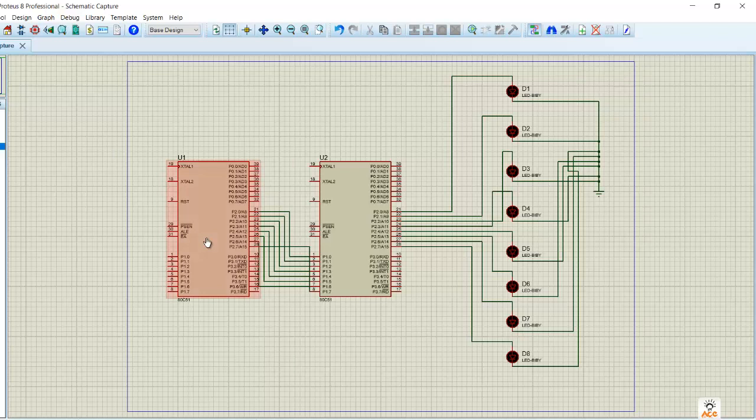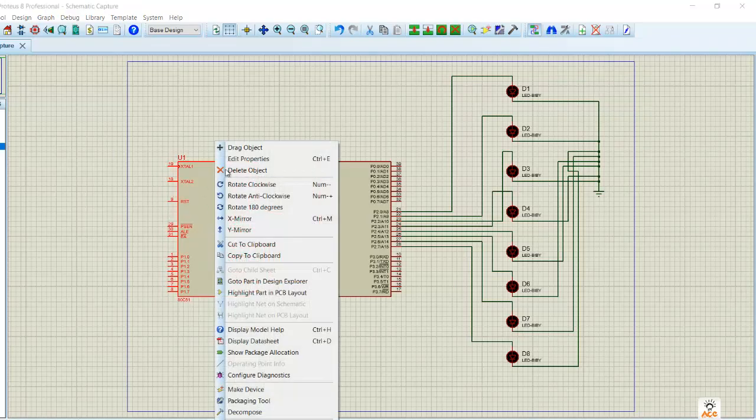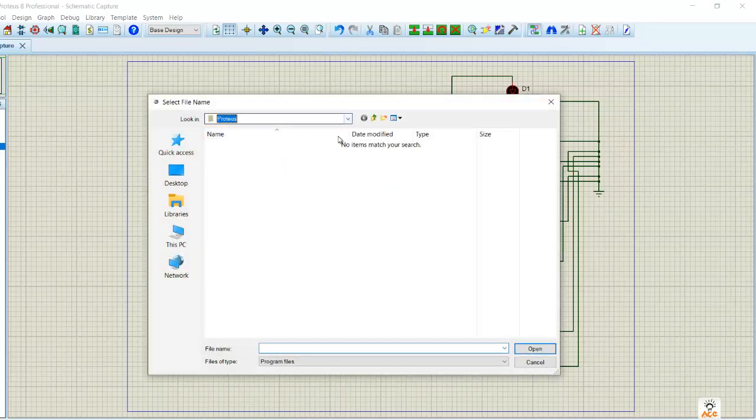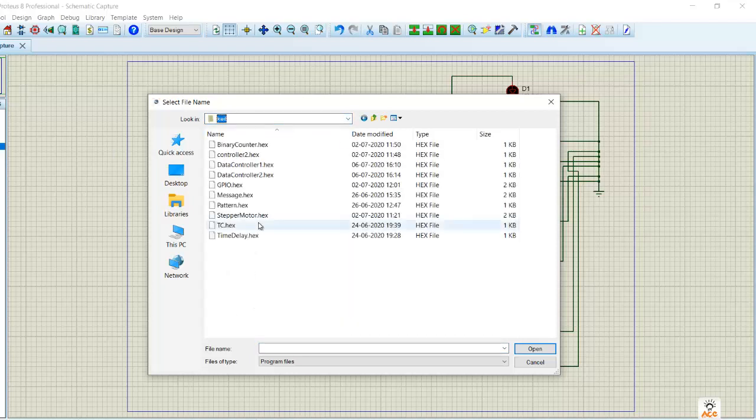So let's import the hex file in this controller. Right click on the microcontroller, go to edit properties and select the program file folder. It was in the Keil folder. So the name was data controller 1.hex.